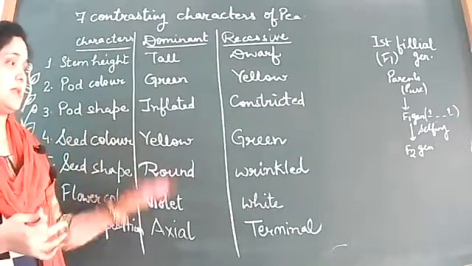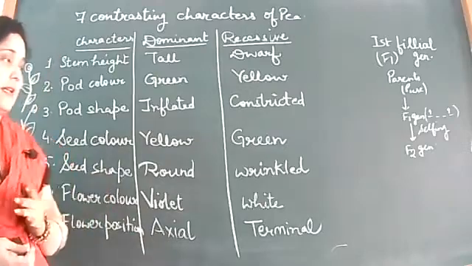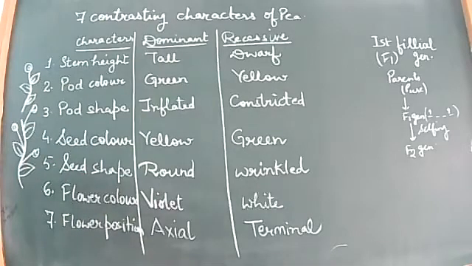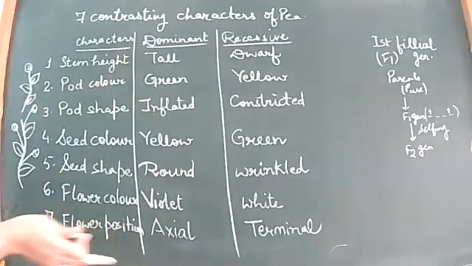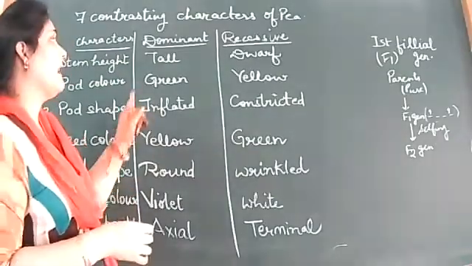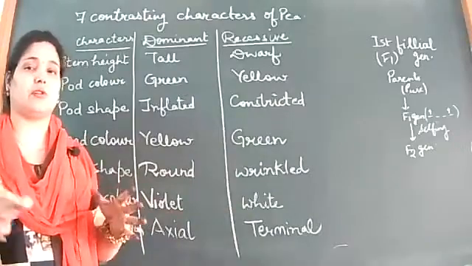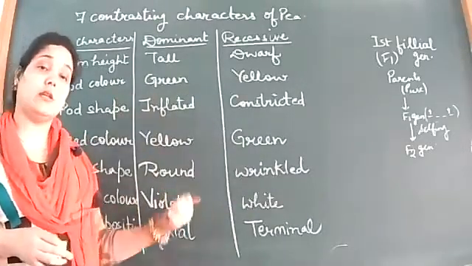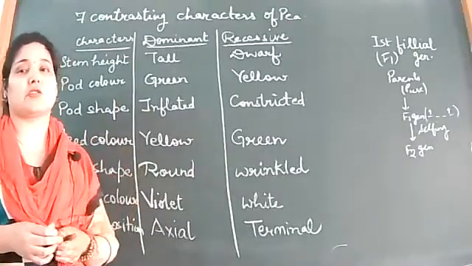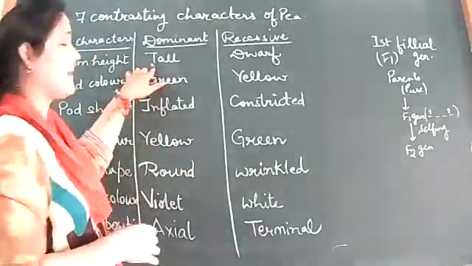Providing the results of the experiments in the form of the laws of inheritance, he has provided the conclusions also. What are the conclusions? We'll come to that. The very first conclusion he made, we'll also be writing it separately, but just understand this. He said that for the expression of any character of the organism, there must be a pair of genes responsible for the expression of that character. A pair of genes is always required for the expression of a character.